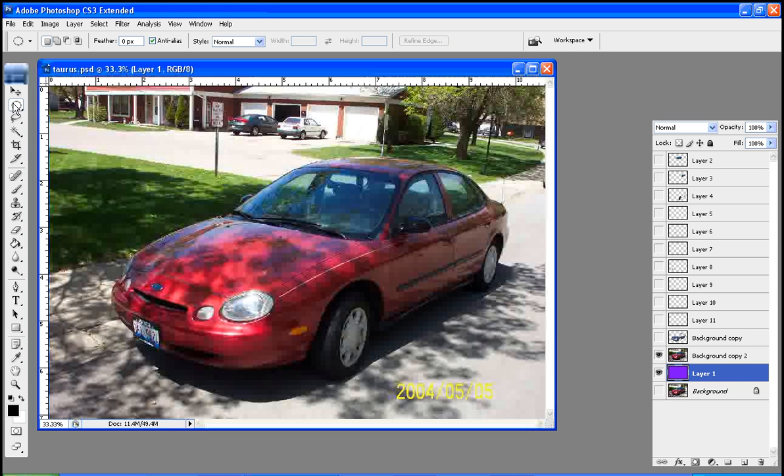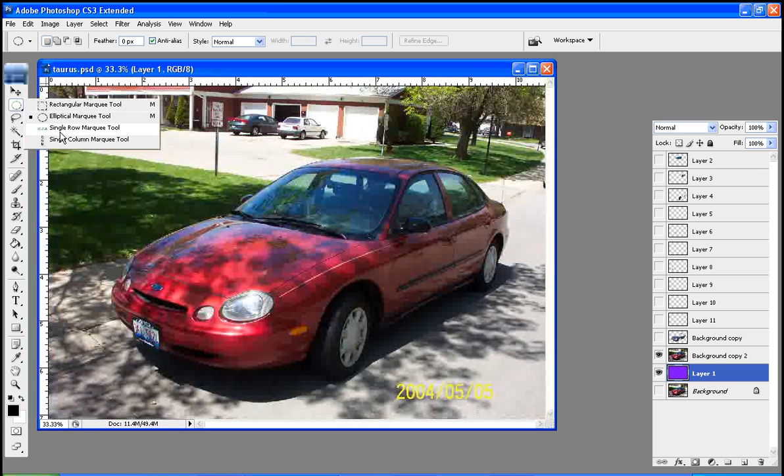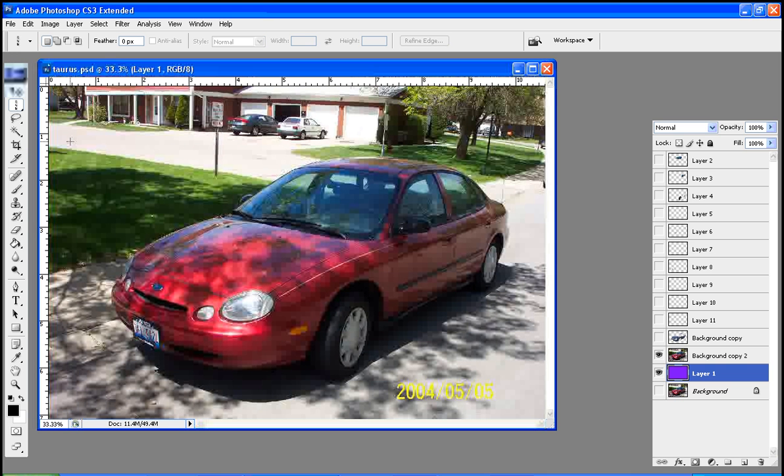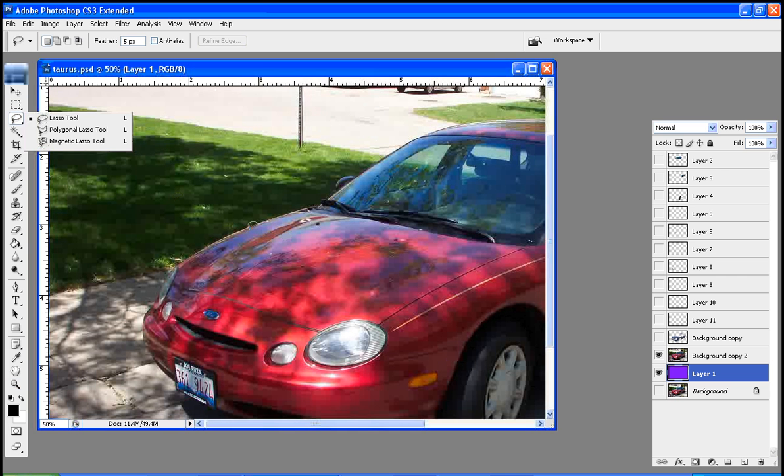Okay, some other selection tools. We've got the single row marquee and single column marquee, which are going to pick one pixel width all the way down, or horizontal, vertical in that case. Not too many uses for those. But the other one is the lasso tool. If I come in a little bit close and zoom in on this object, I can take the lasso tool, and depending on where I click, as I click and drag across there, I'll start to select